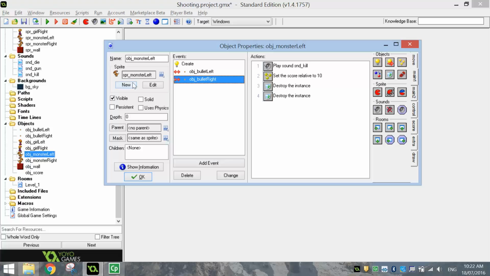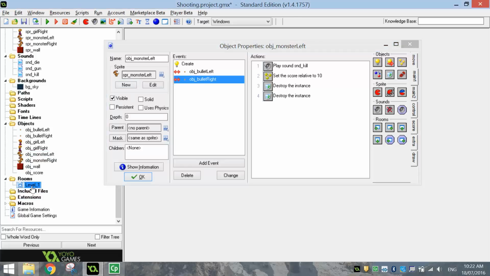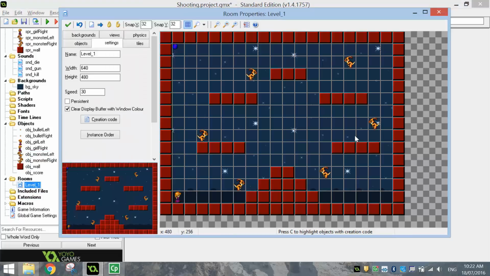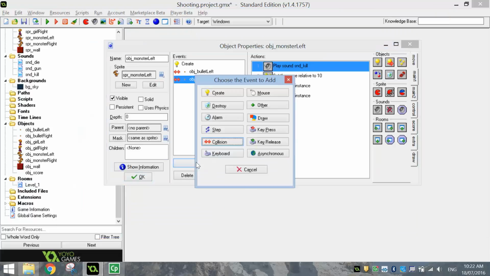The other thing, when the monsters hit the wall, we want them to turn around and go back the other way. If we just have a look at our level 1 here, the monsters are facing a certain direction. When they move all the way across and hit the wall, we want them to turn around, go back the other way. So I'll add in an event